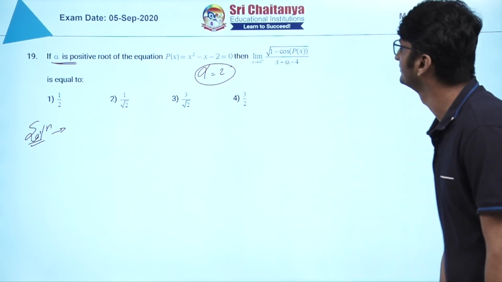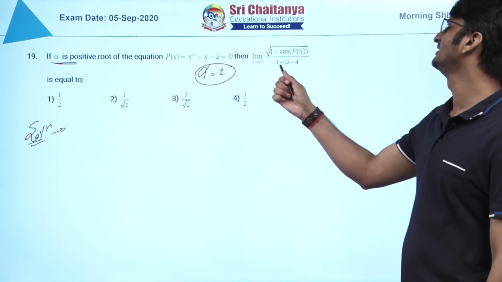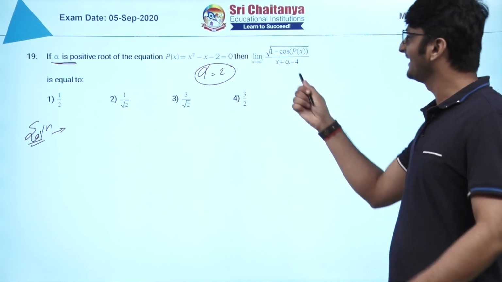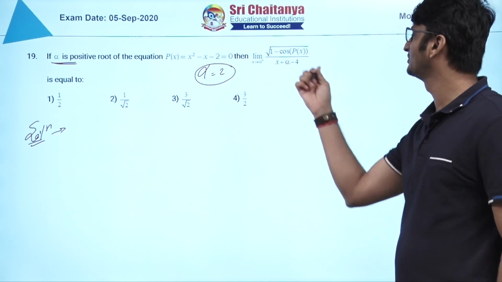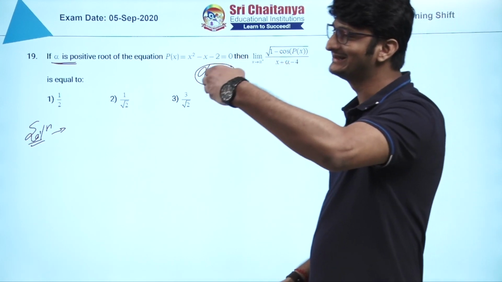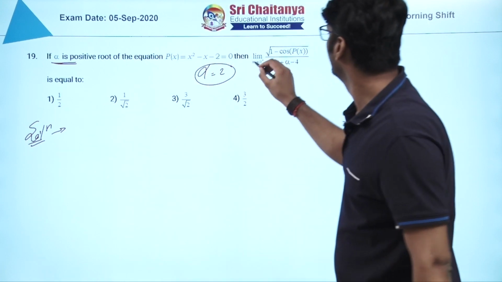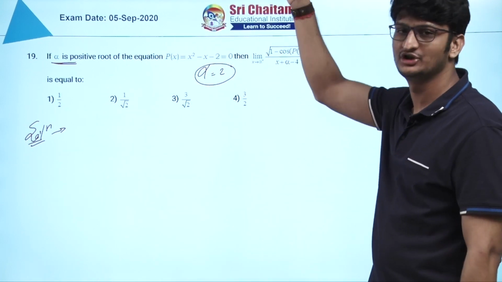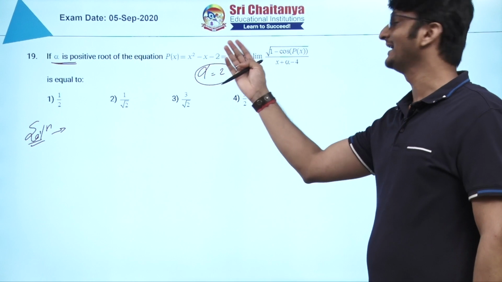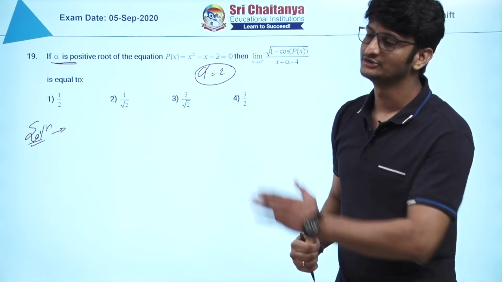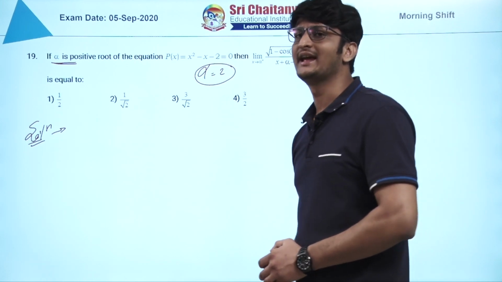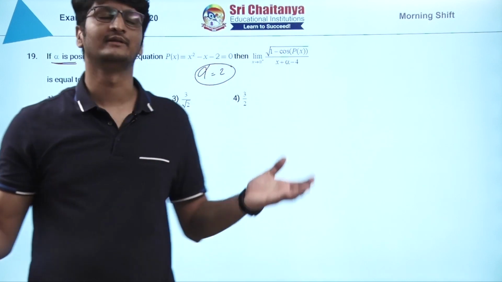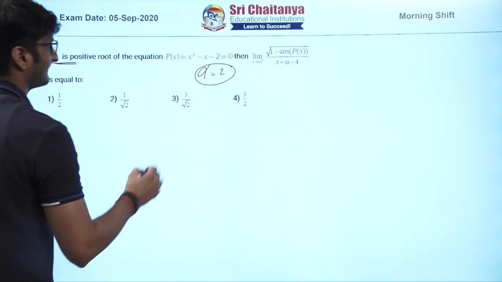The solution of this question I am going to write. If you put alpha as 2, it will be x minus 2. If you put x equal to alpha plus, that is 2 plus, if you put 2 here, the numerator is 0, 1 minus cos 0, cos 0 is 1, 1 minus 1 is 0. In the denominator it is x minus 2, so 2 minus 2 is 0. So, basically it is an indeterminate form, we have to solve it, we have to simplify it. Let us see how.